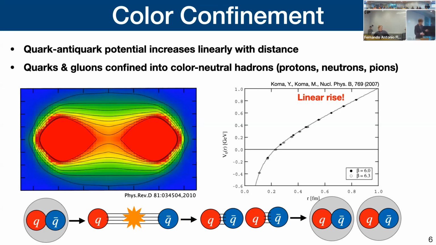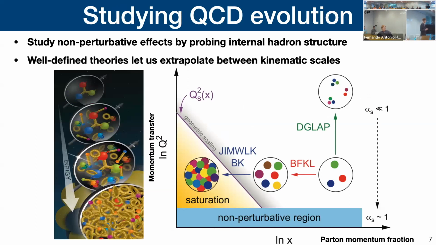So hadrons, although actually, because of non-perturbative dynamics, are a little bit more complex than just a bag of quarks. They actually also have a very interesting structure themselves. So for example, here you can see a schematic of a proton where you have 3 quarks inside of it. But if you increase the energy at which you probe the proton, because of the non-perturbative effects, you actually get more and more gluons within the proton. And so the energy at which you probe the inside of a hadron actually causes what it looks like inside of the hadron to change.